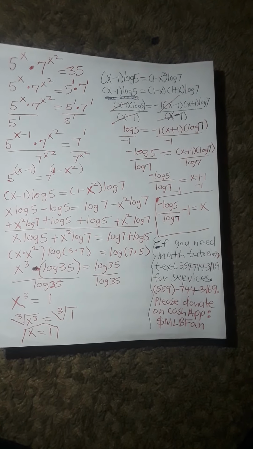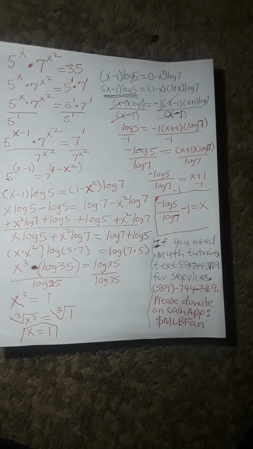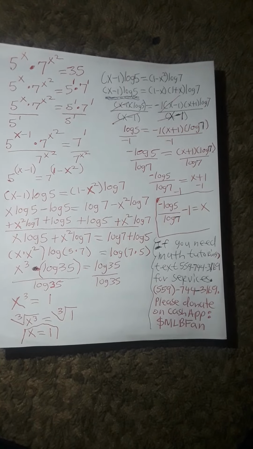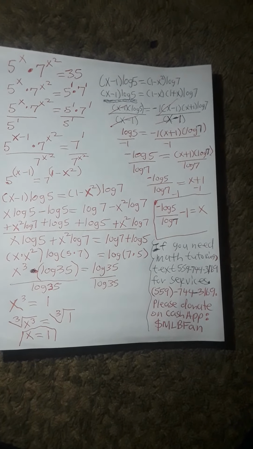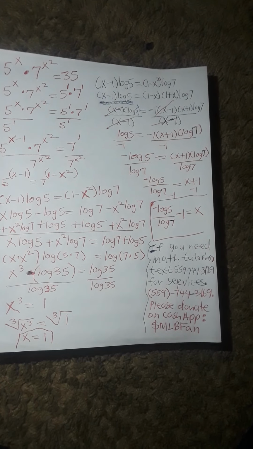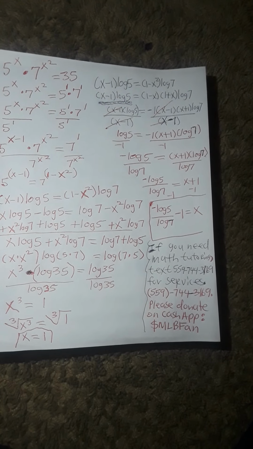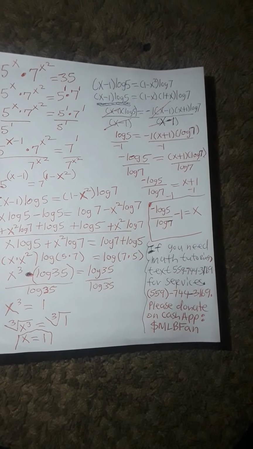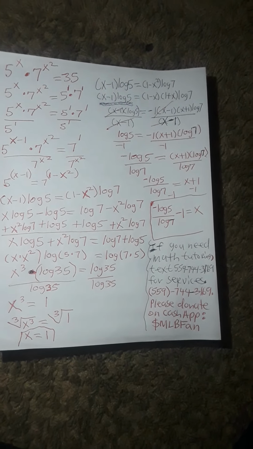So now we want to add log 5 to both sides and then add x squared log 7 to both sides to obtain the equation of x log 5 plus x squared log 7 is equal to log 7 plus log 5, which is going to equal,